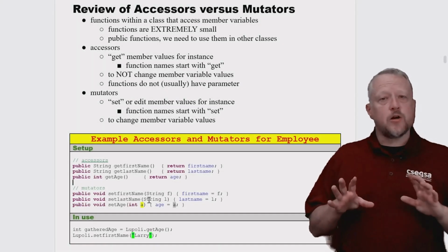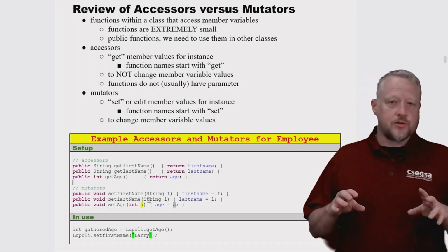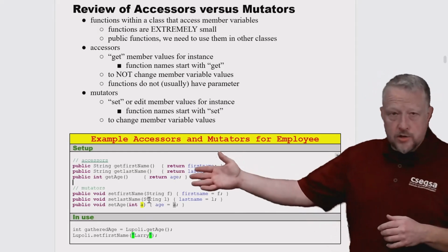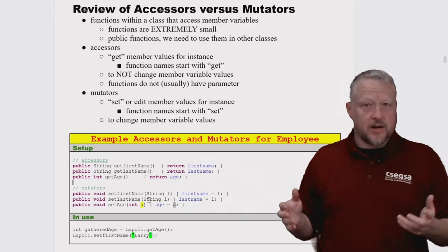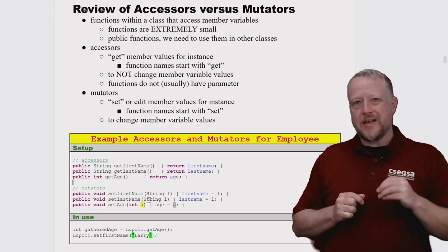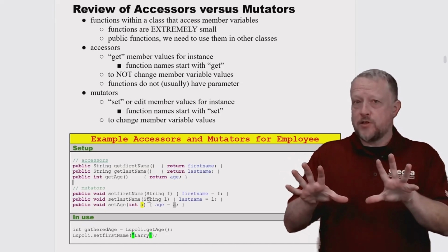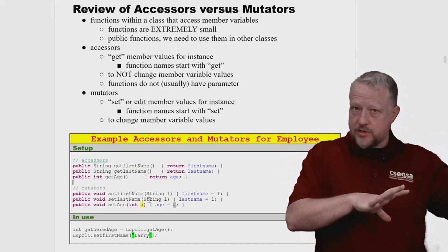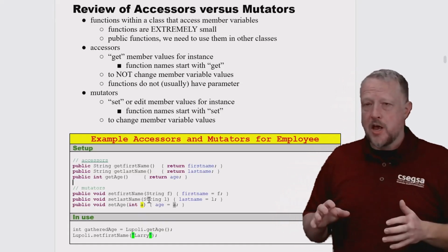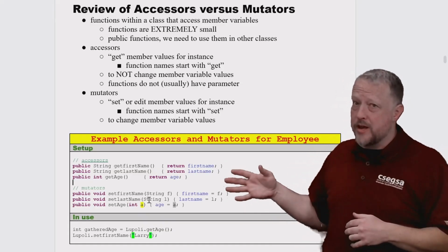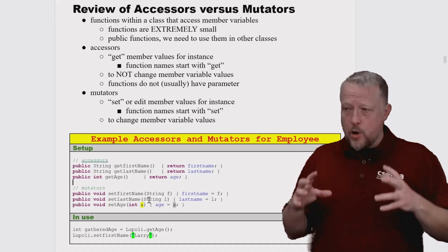This should be a review of accessors and mutators, or setters and getters, as we frankly had before. In the overall setup for this, there's no difference from what we were taught in the previous section when it came to introduction to objects. I just want to make sure that you know they're still there and they're still a part of the overall class portfolio that we talked about before,